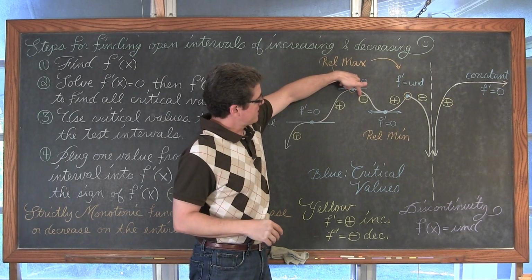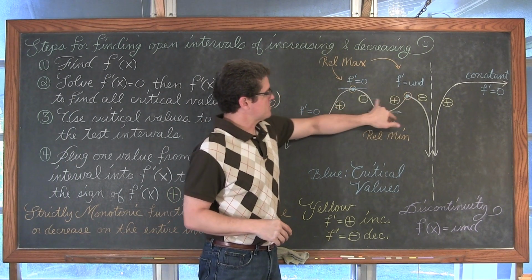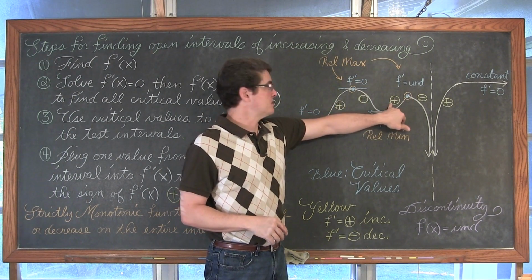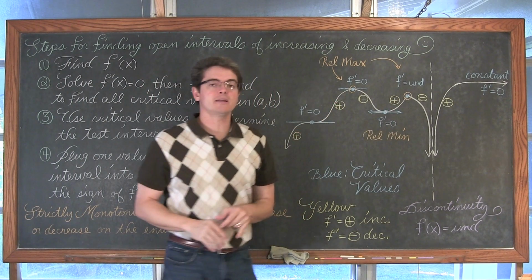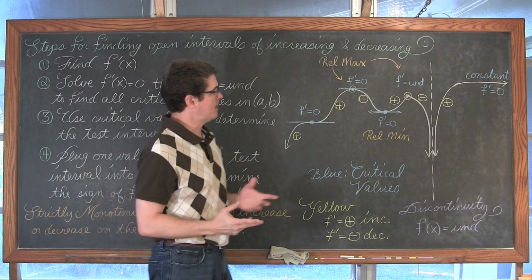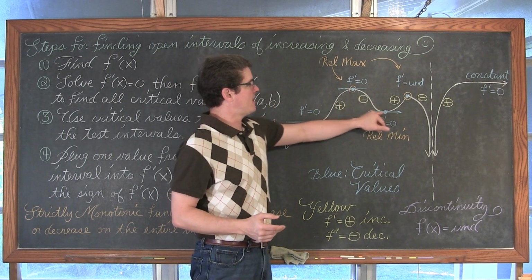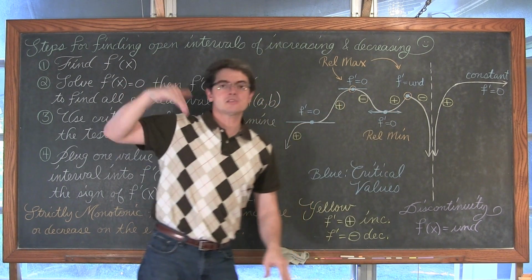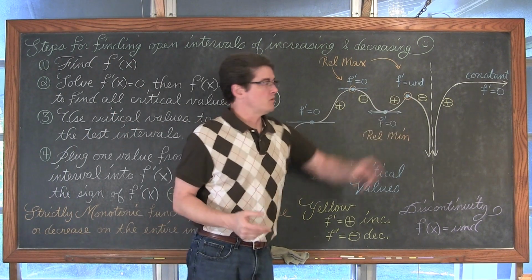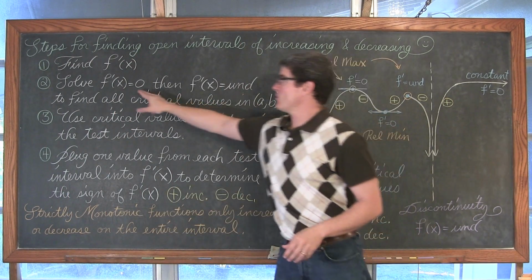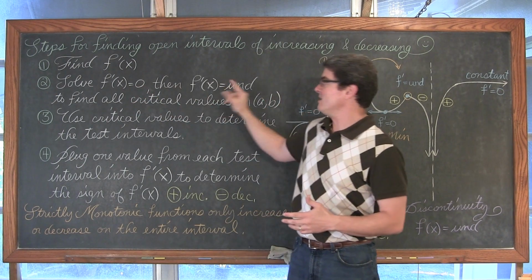And we're falling with a negative first derivative, and then it switches from a negative first derivative to a positive, and that means that you've bottomed out. You're going to find a relative minimum. Now, your relative maxes and mins don't have to happen at a smooth continuous point. It can show up at a sharp bend, which is why we need to find out where the first derivative is equal to 0 and where it's undefined.